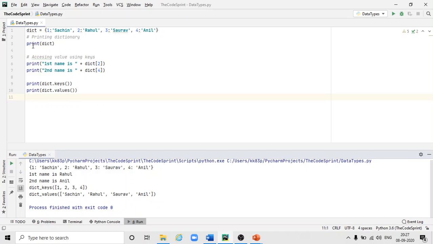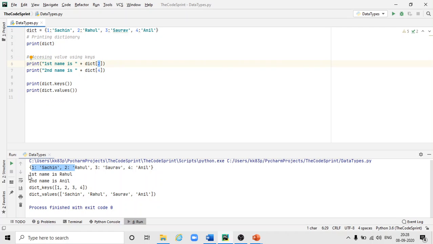First of all, it is printing the dictionary. So whatever items are there, it will just print 1 Sachin, 2 Rahul, 3 Saurav and 4 Anil. It is printing here, and then accessing value using keys. So using keys, how can I access? So this is one key. So this is for Rahul. So the first name is Rahul.